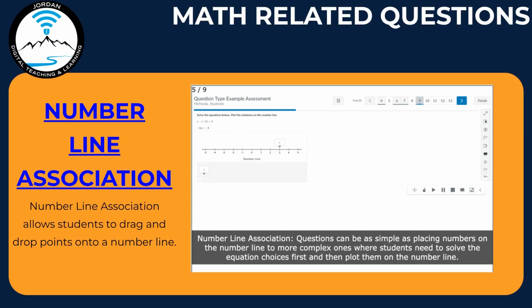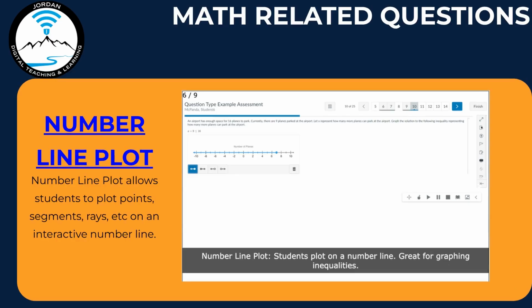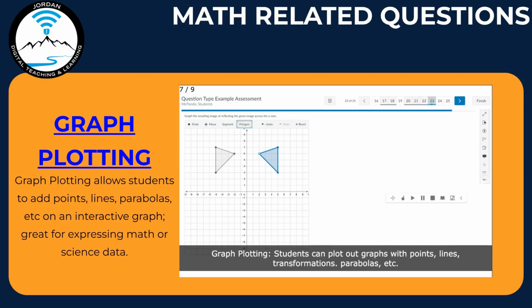Number line association questions allow students to drag and drop points onto a number line, indicating their positions. Number line plot questions enable students to plot various elements like points, segments, or rays on an interactive number line. Graph plotting questions allow students to add points, lines, or parabolas onto an interactive graph, ideal for demonstrating math or